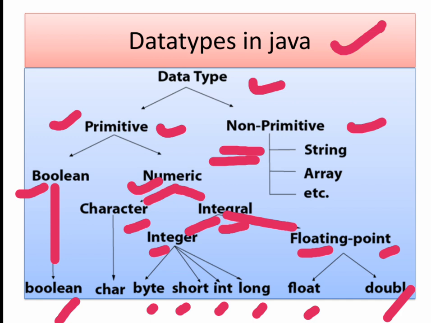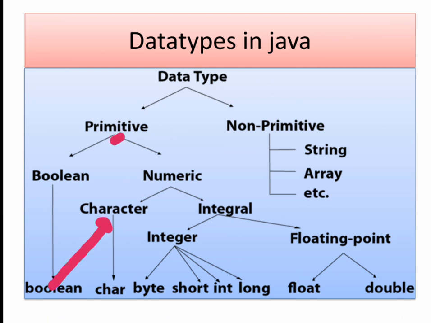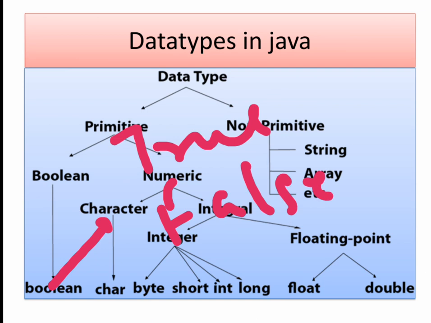Now listen, what is the difference between byte, short, int, long? We will see just after this slide. But remember, all these data types store integer type values, meaning 2, 3, 4, 0, -1, -2. Float and double store decimal values. And boolean, what is boolean? It stores either a true value or false. Okay, we have two options. So when the answer comes as true or false, then we will use the boolean data type. Okay, can we move on?